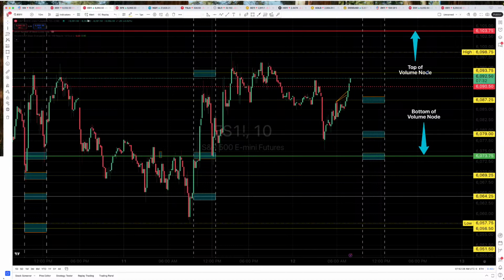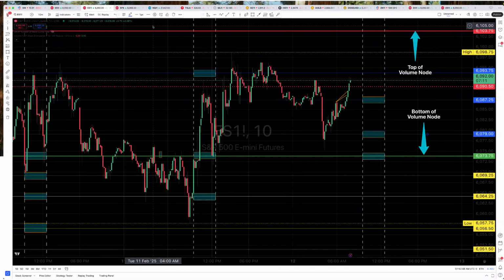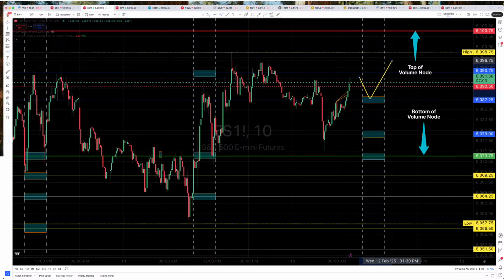And normally I have these colored blue inside of the node, just for you people that have been following my profile analysis. When I'm looking at structural lines inside of a node, I make them a different color. That way, when I'm looking zoomed in, apart from my big picture analysis, I can tell exactly where I'm at. But we're looking for a pullback into one of these nodes and then go long. So, something like this. Bam.